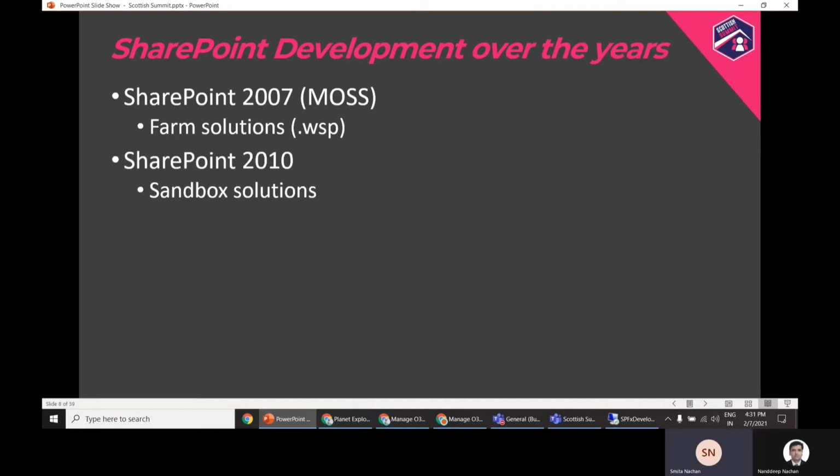Now let's look at something about SharePoint 2010, which are the sandbox solutions. Sandbox solutions are considered a subset of the farm solutions code deployment model. The sandbox solutions are more targeted to the specific site collection in SharePoint. It enables an individual site collection administrator to install and maintain custom solutions without the involvement of a farm administrator. The sandbox solutions had access to a limited subset of APIs and namespaces within the server-side object model, and